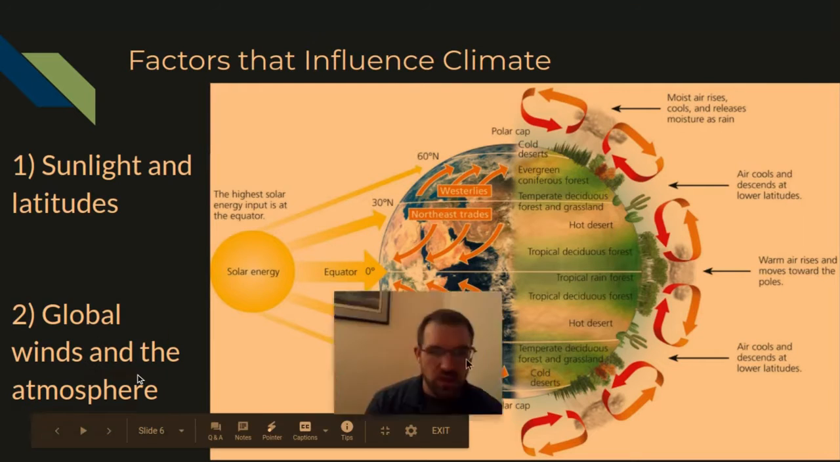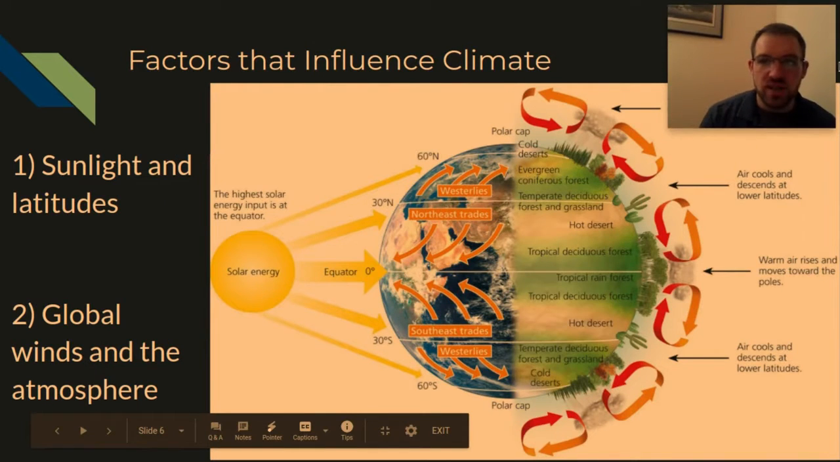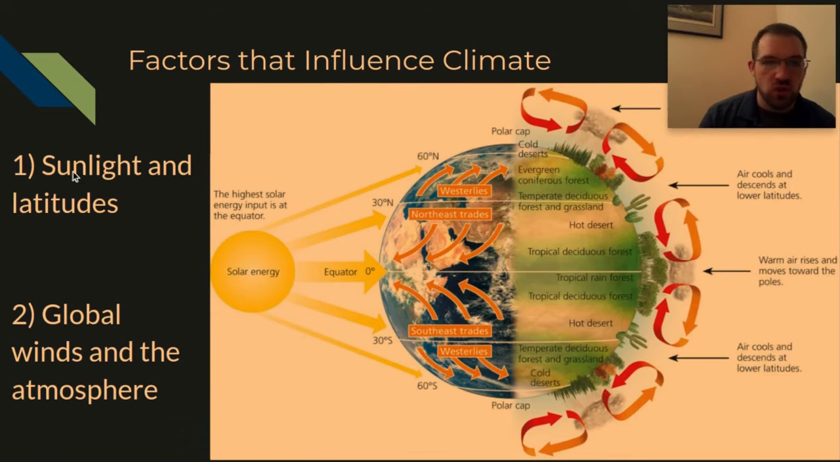So I'm going to ask you to start writing down some of these. These are the factors that influence climate. So here are the first two that I'd like for you to get into. Sunlight and latitudes are the first two. So this should all look a little bit familiar to you because we talked about this in the space unit,